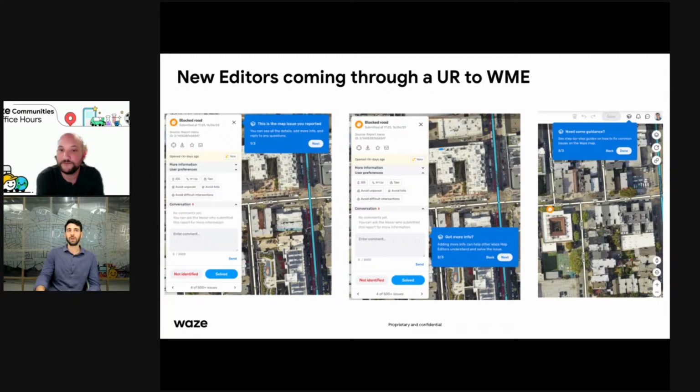We want to explain to them through this 3-step tooltip that you see here. What is a UR? Explaining to them that it's actually a map problem they opened themselves while driving. They report an issue in the app. Then, of course, the most important thing, we want to point them to the comment area where they can add information that will help you understand, debug the issues, and fix them. Because we know how common the problem is of a lot of people reporting issues, but then never answering your request for more information.